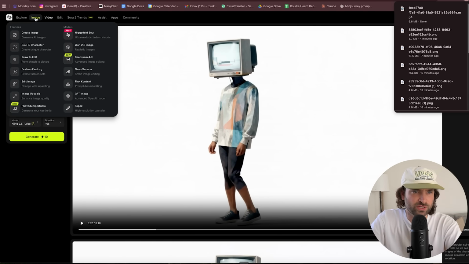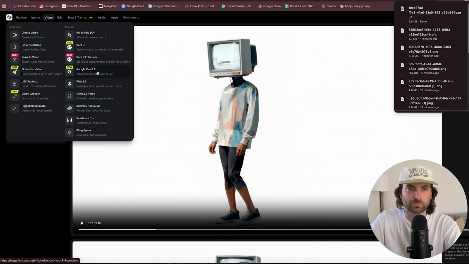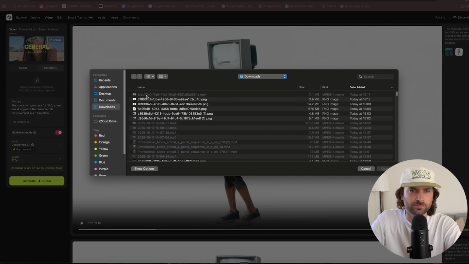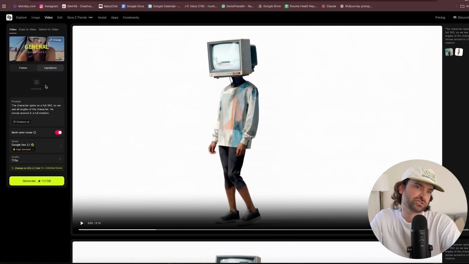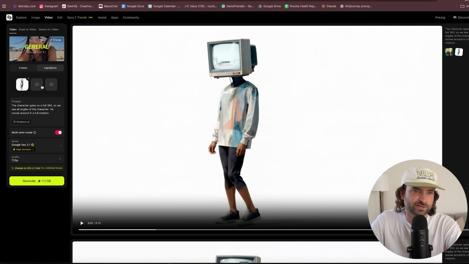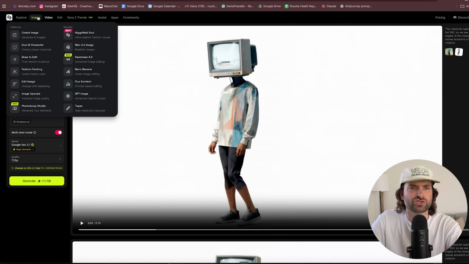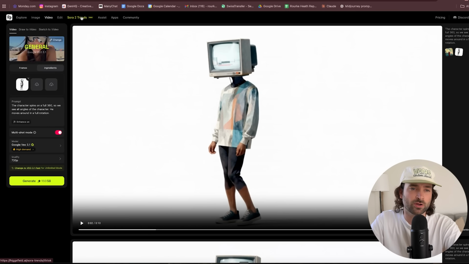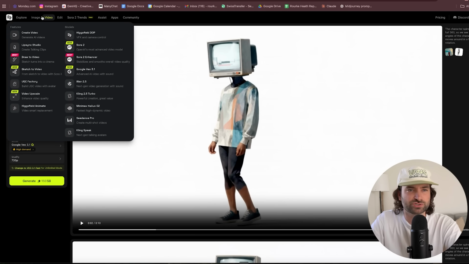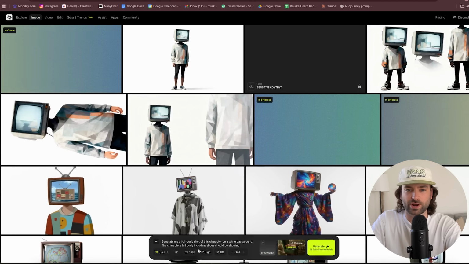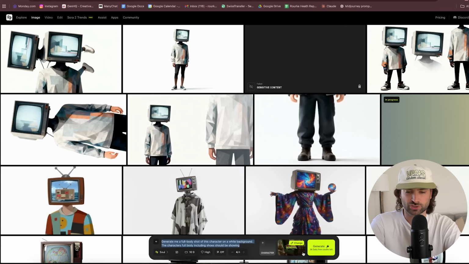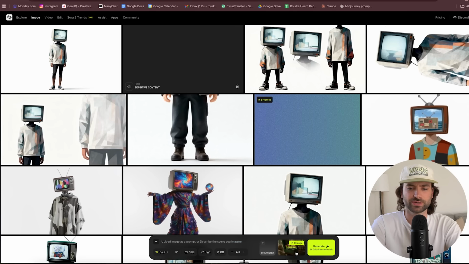Now, with this, we can also go back to Google VEO 3.1 here. And now let's go to the ingredients feature. So I'm going to upload this image of our character here as, let's just say, our consistent character. Next up, I want to generate maybe an image, which is going to be our location. So let's say I want to generate inside of a car. So I want to have this character driving a car and I want it to be like a cinematic nighttime shot. So what I'm going to do is I'm going to say